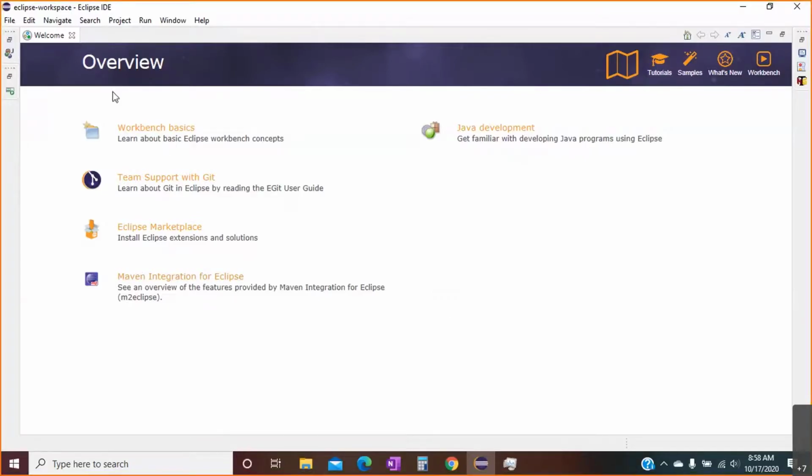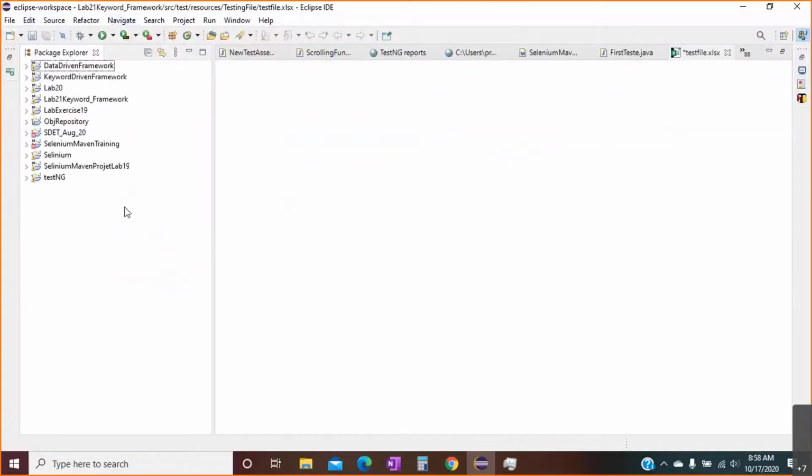Just close this welcome tab. There are two. Oh yeah, I think it worked now. I tried to switch. I think there was a spreadsheet open with the same name as the one I copied in the data-driven framework. Okay, so it was being used by some other process, right? Yeah. So you just had to close that process, and then you could have opened it. So is it fine now? Yeah, it's fine now. Thank you. Right.